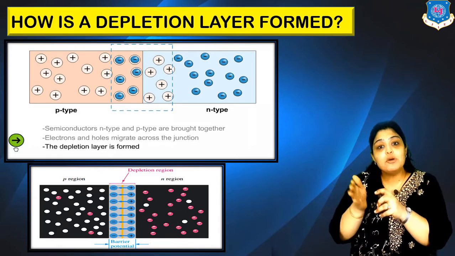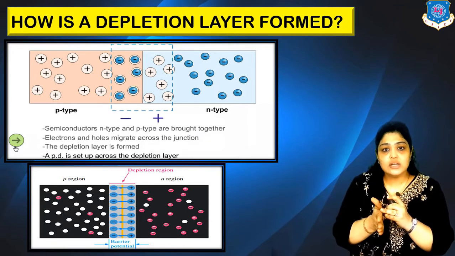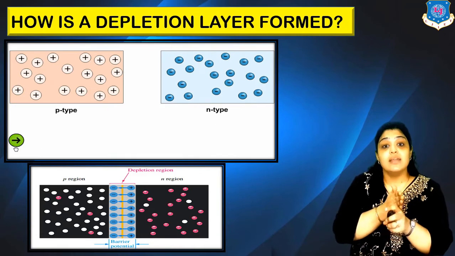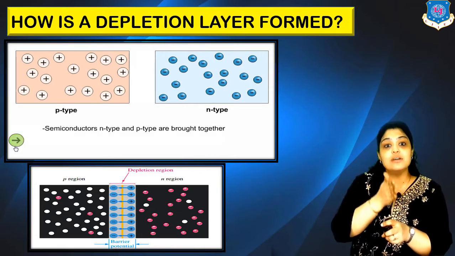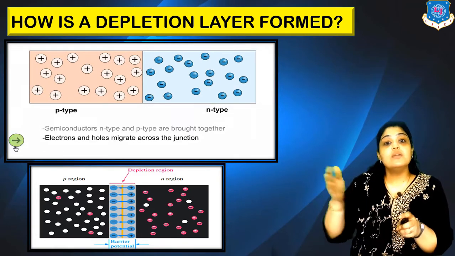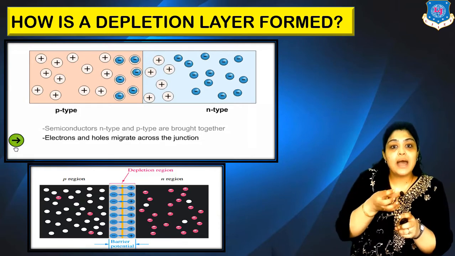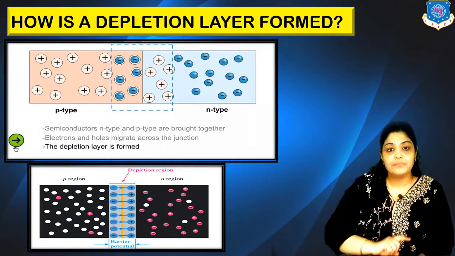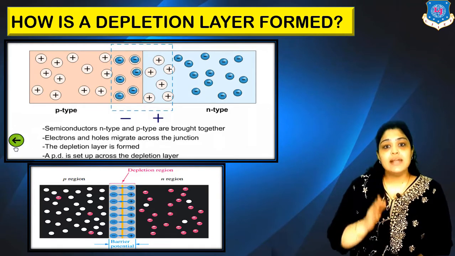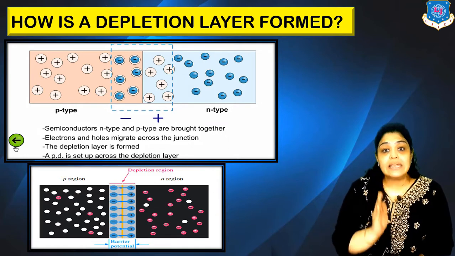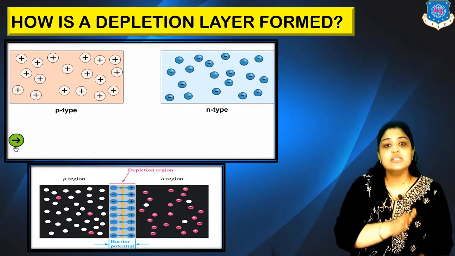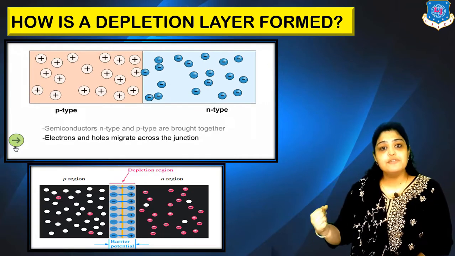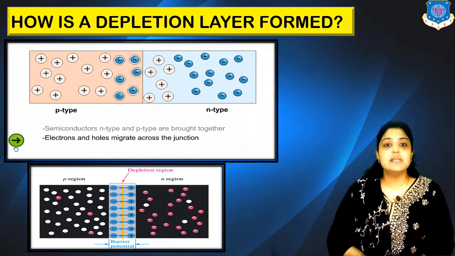Why? Because some of the electrons which are near the junction have already crossed the junction and moved towards the P side, thereby creating a negative layer on the P side. So if the other electrons try to come and cross the junction, they will be repelled by the negative charge created on the P side. Getting it? So only the electrons which are close or near the junction will cross the junction and move on to the P side, thereby creating a potential difference which is known as the depletion layer.